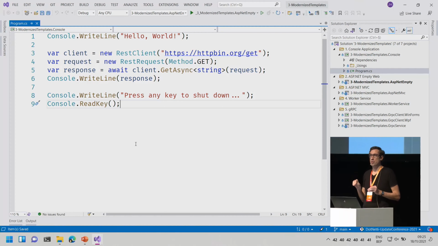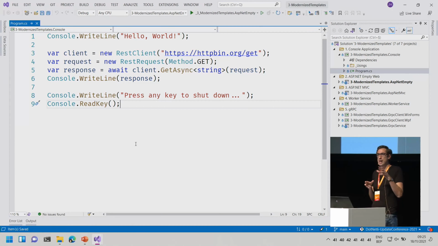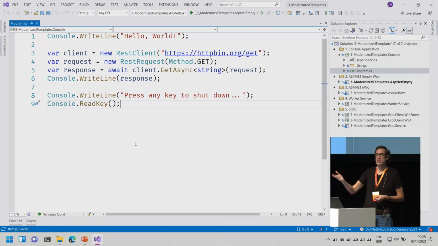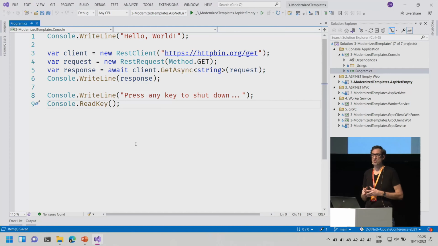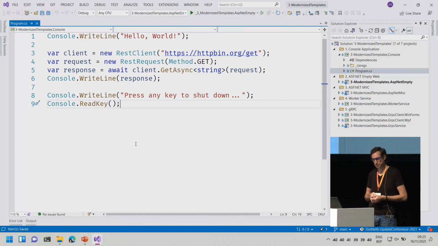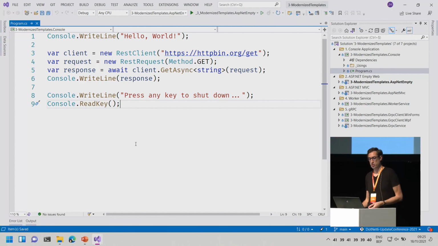This is purely C#. .NET does not know about this feature. This is purely the C# compiler. When you compile your application, the namespace and the program class and the main method will be added for us. But of course, when you're teaching students, for example, this is very powerful because they don't need to look at all of that stuff around. You can just focus on writing code, on declaring variables, on creating like if or loop structures. So it's very powerful. But of course, when you're doing a simple console tool for your operations friends at work, maybe they like this because it's easy to comprehend.